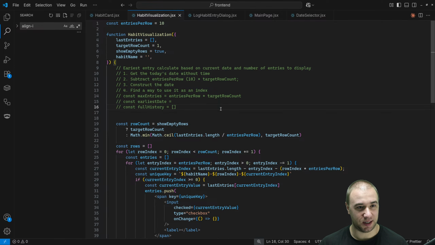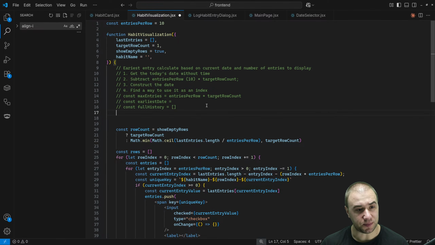Alrighty. So let's figure out this earliest possible date that we have, which is from today, the number of days earlier. First of all, we need to get today's date without time, right? So that we can subtract the number of days. This is going to be painful because we're dealing with dates again. So we can get something like